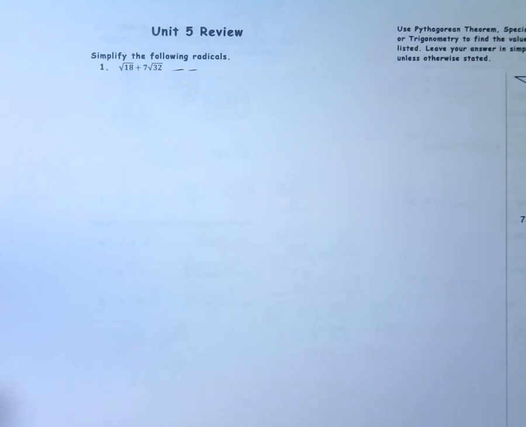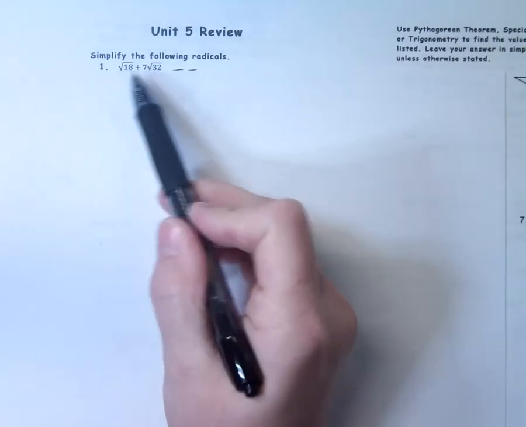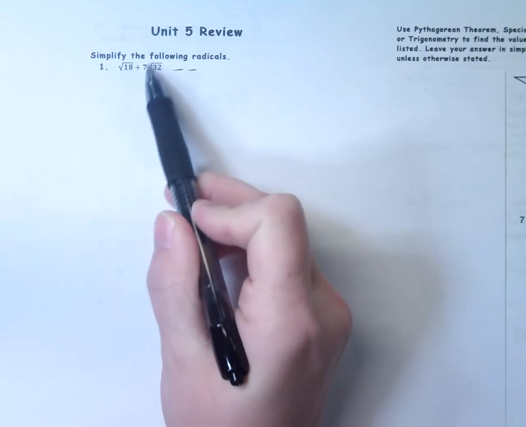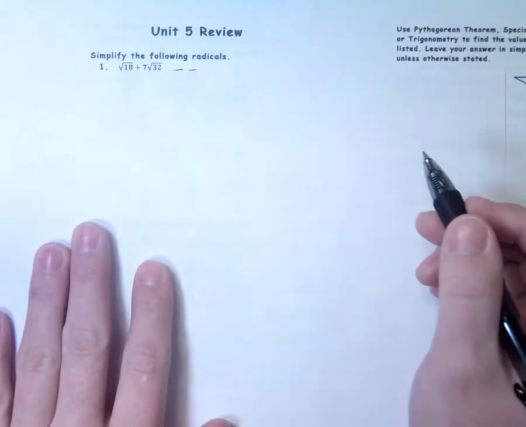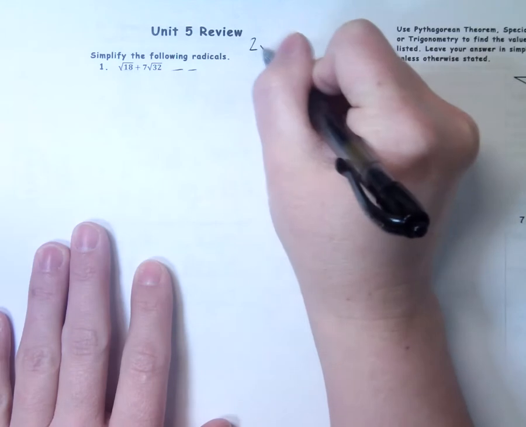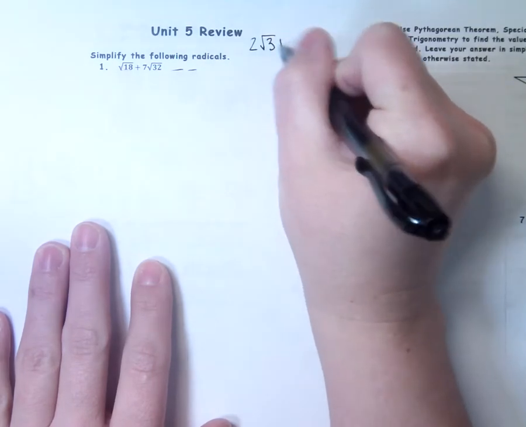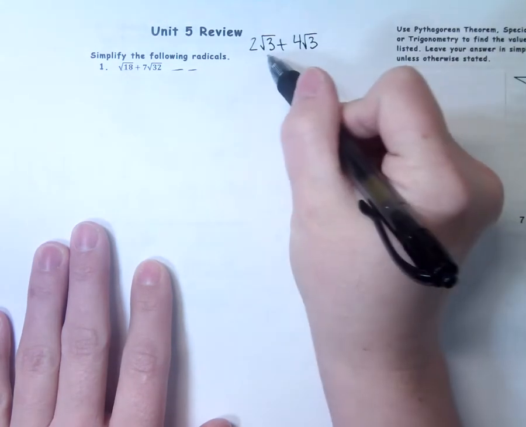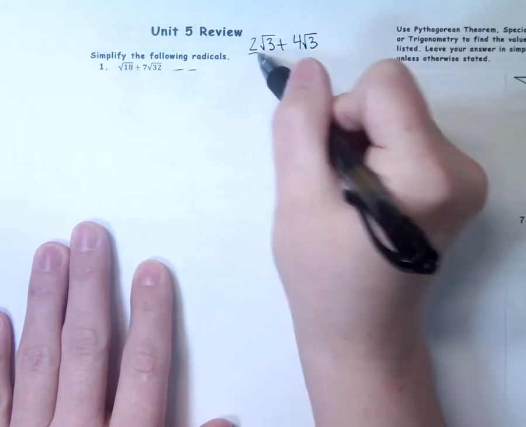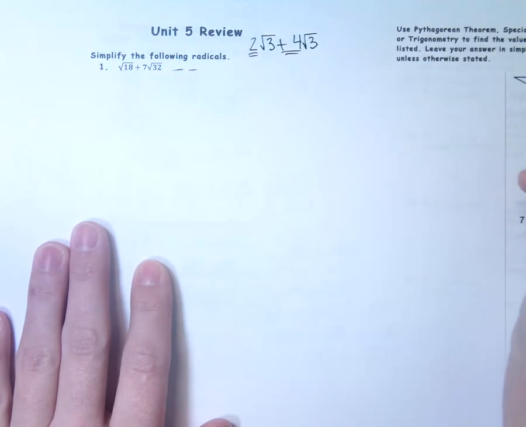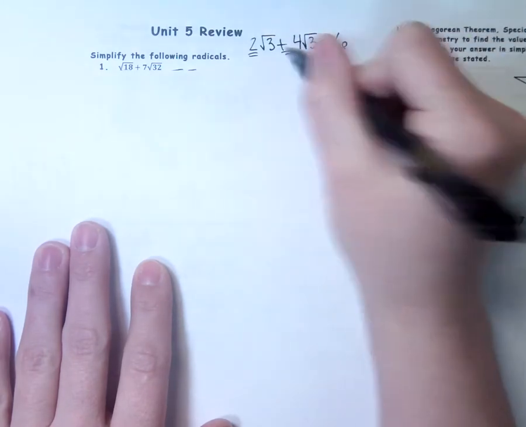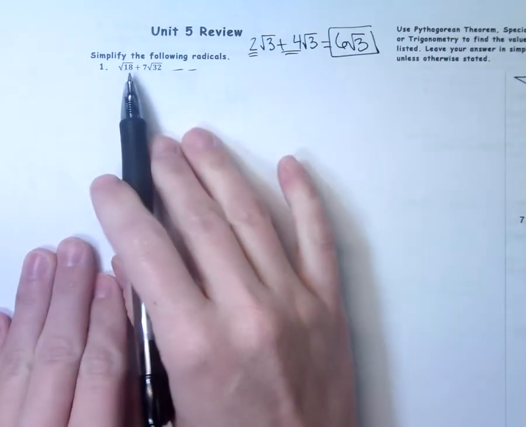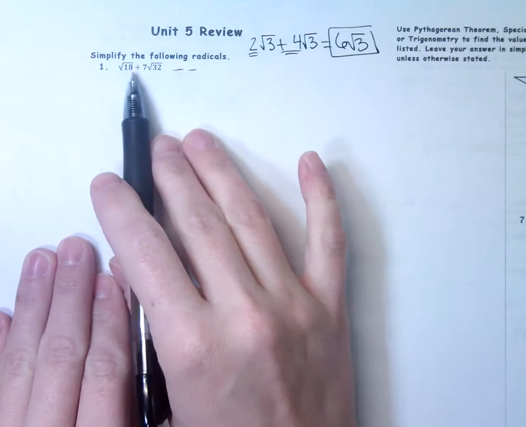Okay, this first problem, we want to add these radicals together, but right now I can't do that because I don't have the same number underneath the radical. Remember, in order to add radicals, you need to have the same number underneath the radical. So if these both have a square root of 3, I can add the outside coefficients, 2 plus 4 is 6, and then the square root of 3 just tags behind. But number 1, I don't have the same number underneath, so I can't do it right now,